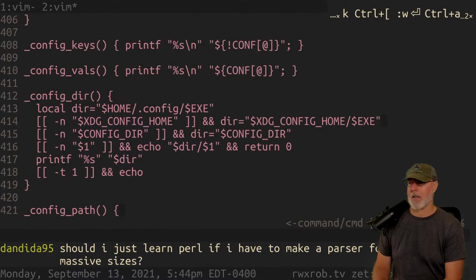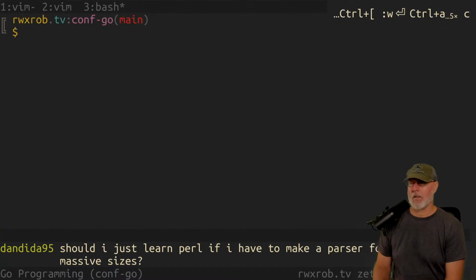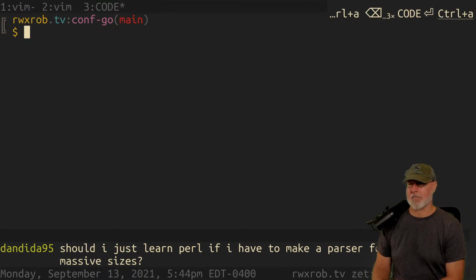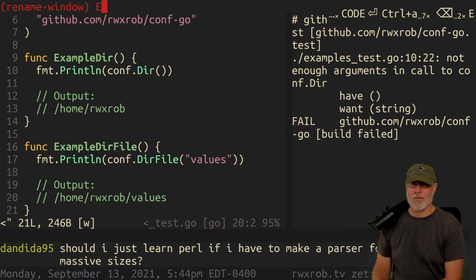So then I'm going to go Ctrl-A twice, or whatever, and I'm going to make a new window. And I can even name the new window. Let's say I'm going to say code or something, right? And this other one over here, we could say examples. How about that? Tmux is awesome.